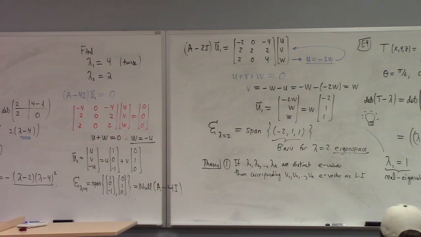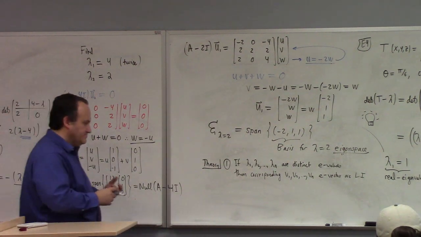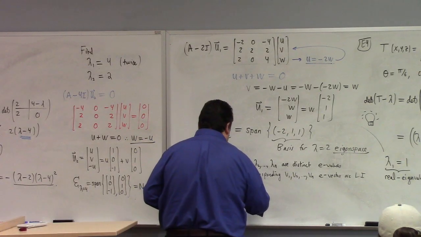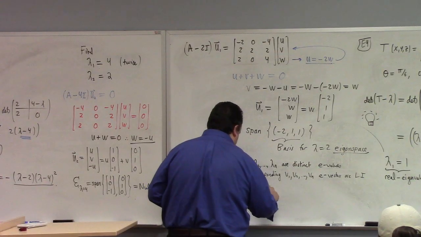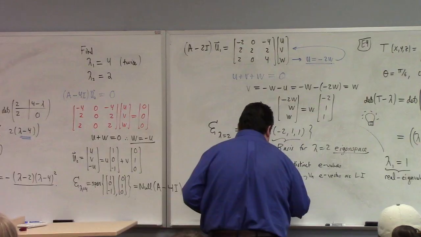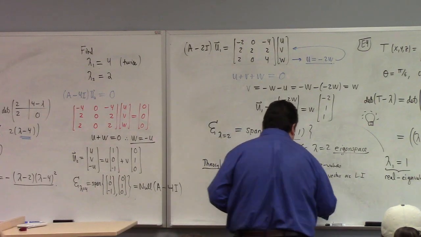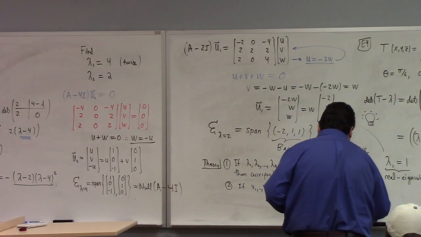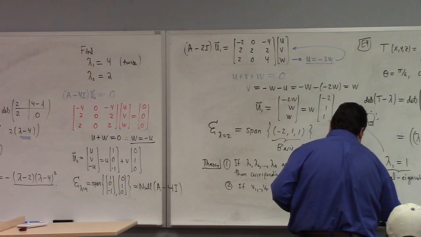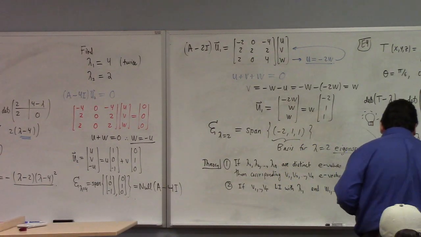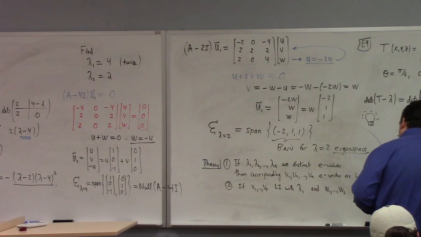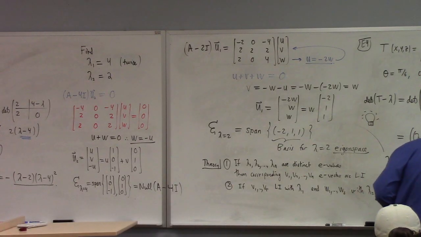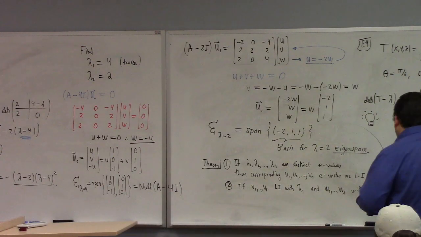But there is another theorem which says that, it's harder for me to state it, so let me say it this way. If you have v1 through vr linearly independent with eigenvalue lambda 1, and if you have w1 through ws with eigenvalue lambda 2, not equal to lambda 1, then v1 through vr, w1 through ws is linearly independent. So what I'm trying to say here,